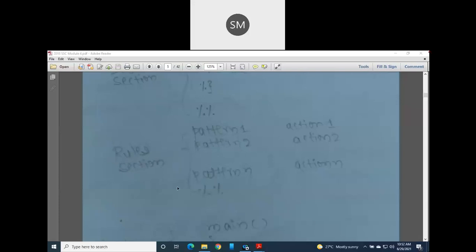Each and every line you write in the rules section is called a rule. All these sets of rules together, the complete block, is called the rules section.